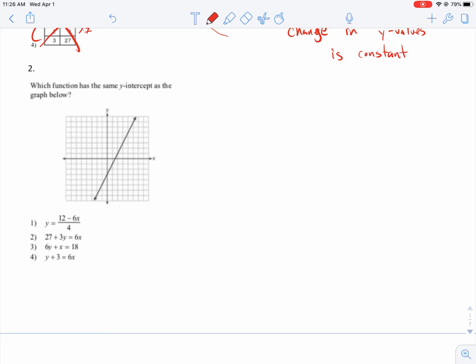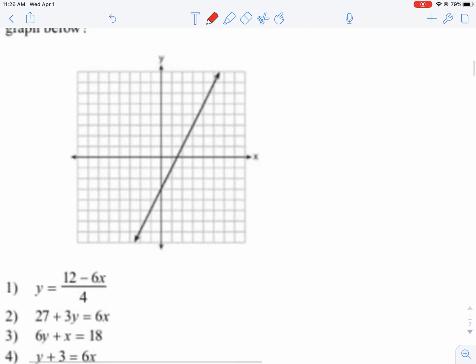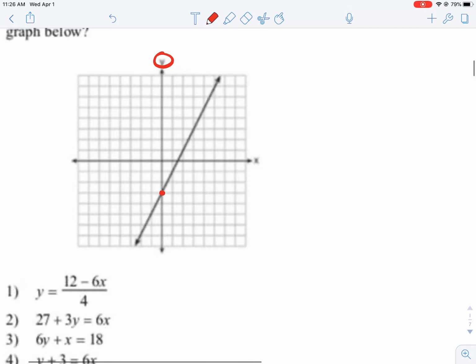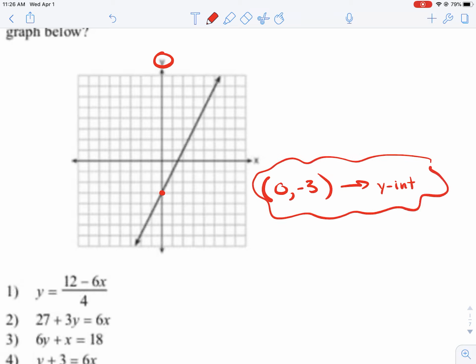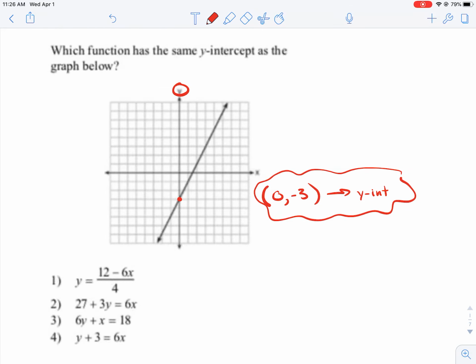Let's take a look at number 2. Which function has the same y-intercept as the graph below? Okay, so let's zoom in on this graph below here. And it's a little blurry. Okay, but here's our line. And we're looking for when it crosses this axis, which is right at that point right there. And so that point is 0, comma, negative 3. That is our y-intercept. Now remember,